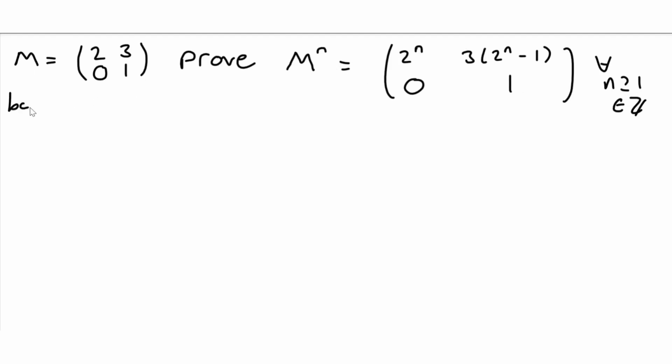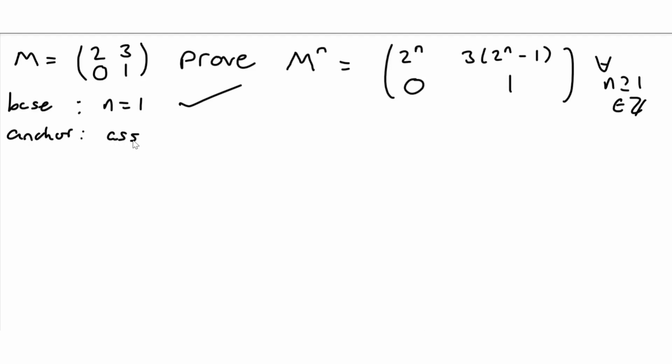So the base case is n equals 1, and plugging that in, we get 2, here we get 2 minus 1, so that's 3, 0, 1, so that's pretty clear that that's true. So our anchor step